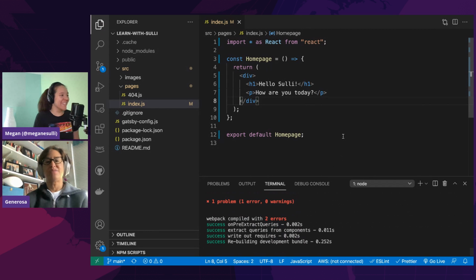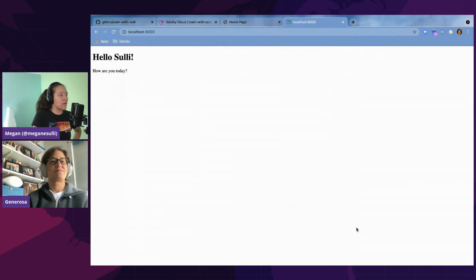Just for people in the audience, I have this extension called Prettier, which I'm sure many of you have heard of. I also use Emmet, which is shortcuts so I don't have to type div and so on. But I'm doing it the hard way right now so that you can see exactly what I'm doing. So now we can see that it rebuilt the development bundle, and we didn't see any errors, which is great. If we go back to our browser, hooray, there we are.